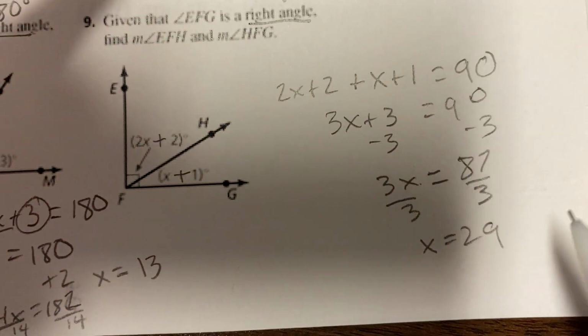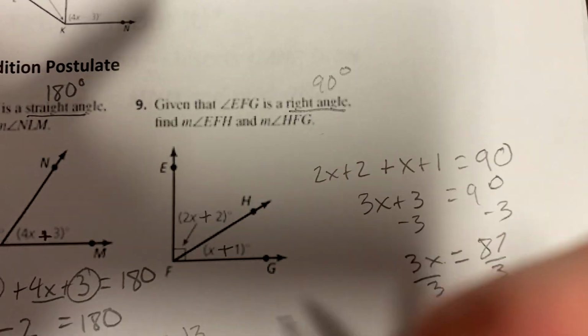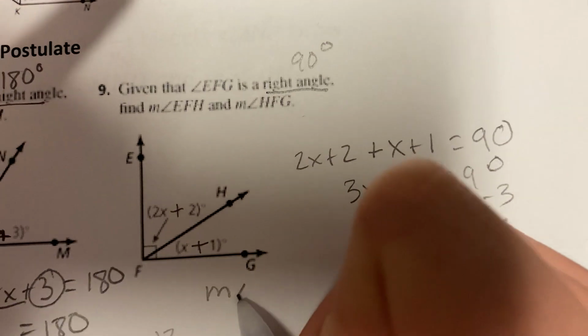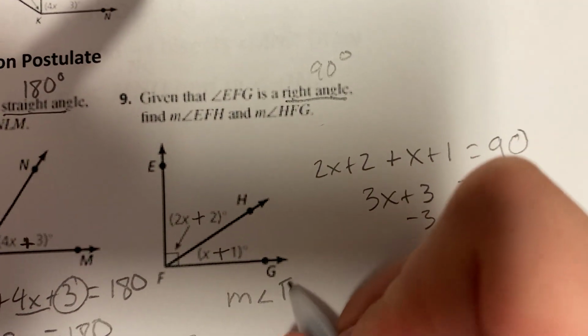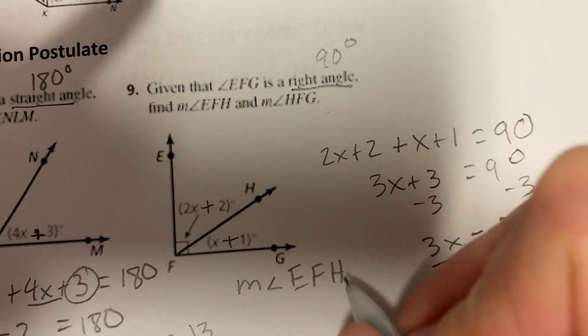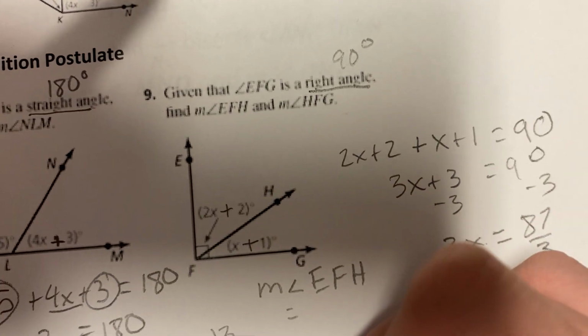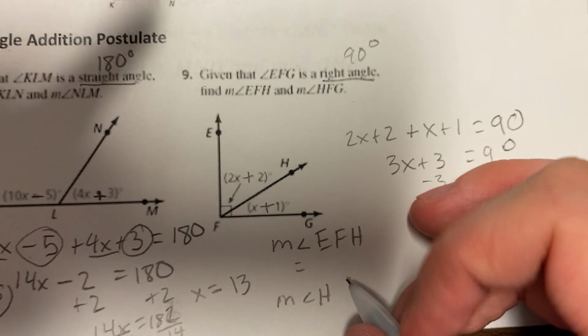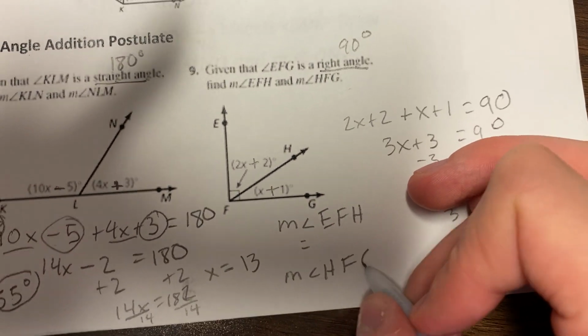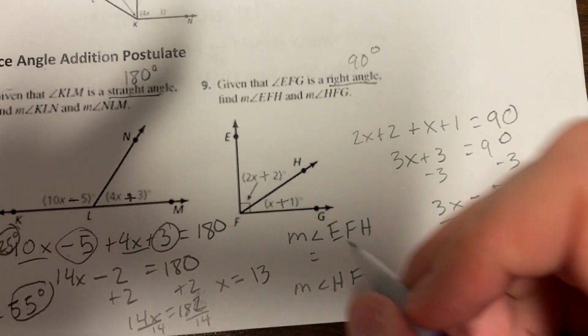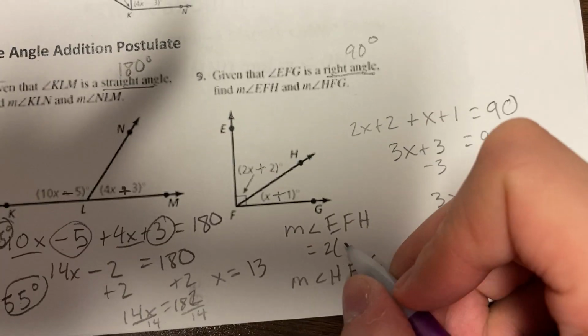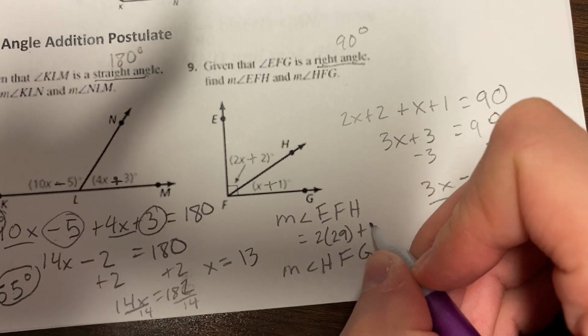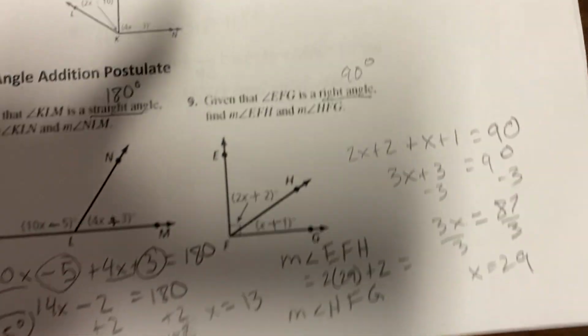Okay, so then again, it's asking for these specific measurements, so we have to go back and plug it in. So that's the number one mistake I see with these problems, is that people forget to plug it back in. So make sure you are doing that. All right, here we go. So we're plugging 29 back in, so 2 times 29 plus 2 equals